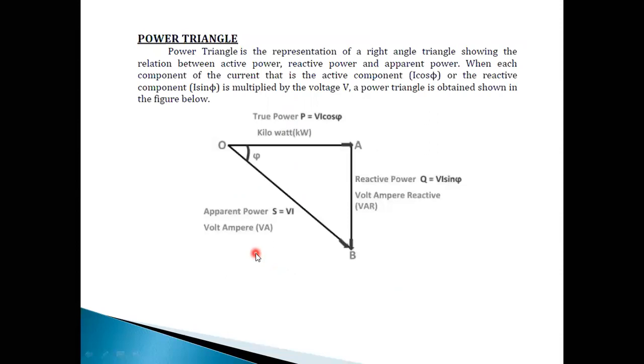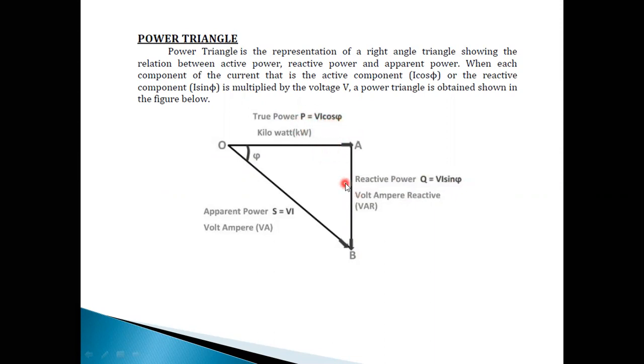Next, with the help of that impedance triangle, I'd like to build another triangle, the power triangle. There are three types of powers. First and foremost is active power, also called real power or true power: P equals VI cos phi. Perpendicular to active power we have reactive power, represented with the letter Q, which is opposite to the angle, so the sine term, VI sin phi. The adjacent side is VI cos phi.